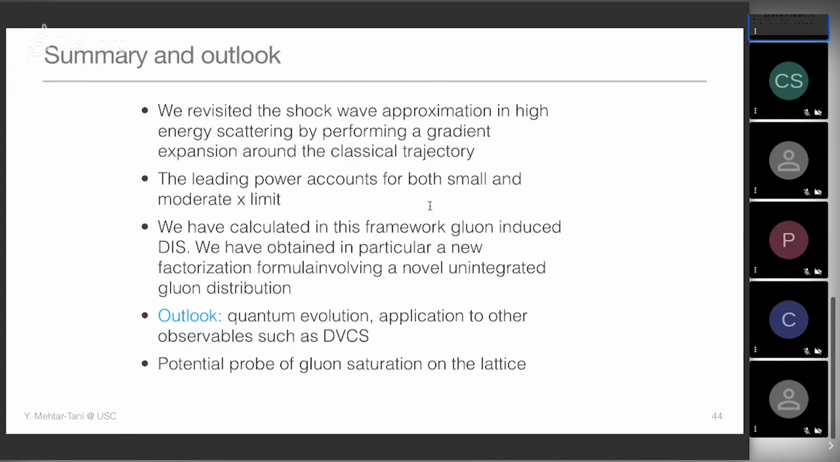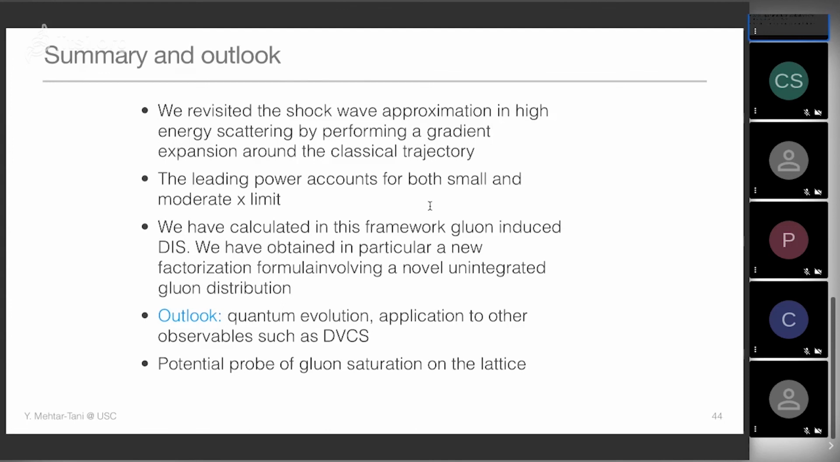And for the outlook, we plan to tackle the quantum evolution and see how we can connect to the DGLAP and BK equations. And we want to look at other observables like DVCS to investigate the universality of this distribution. Is this distribution universal or not? And the last point is the following. Because we have a distribution that is bounded in longitudinal space and transverse space, then we can hope to use this gluon distribution